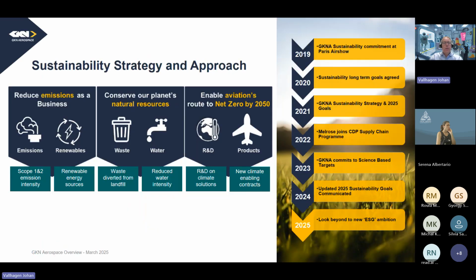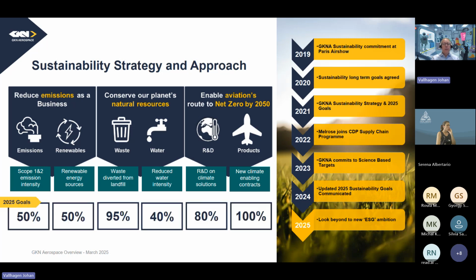I had to show this from our standard corporate presentation, but I would say we have a relatively clear and ambitious approach to sustainability. To the right side you can see some milestones, and maybe we were not the first, but I would say we were among the first in the aerospace business at least to commit to the science-based targets. So we are now in the phase of doing those kinds of assessments and understanding where we need to be over time to actually fulfill that.